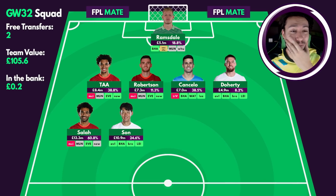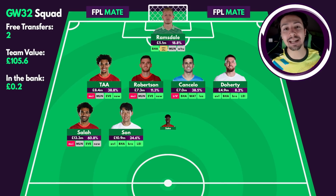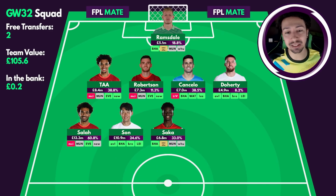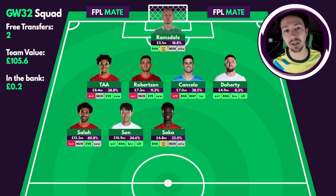I was speaking a lot about these players, so I'm going to try and rush through the final few players. We've got Saka against Brighton. Brighton are not playing too well at the moment. They've been off it for a long while now. They're not the same defensive unit as they were before. Arsenal are going to be very keen to get a good result after the loss last game week,